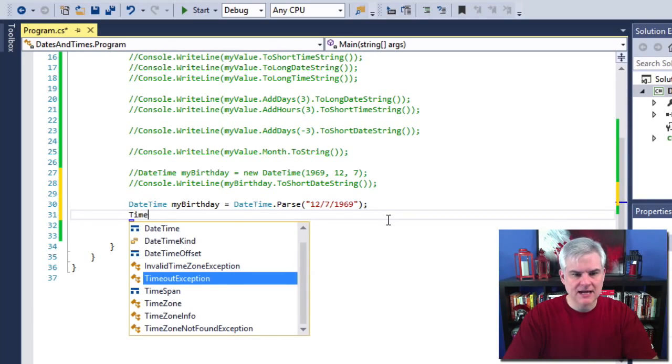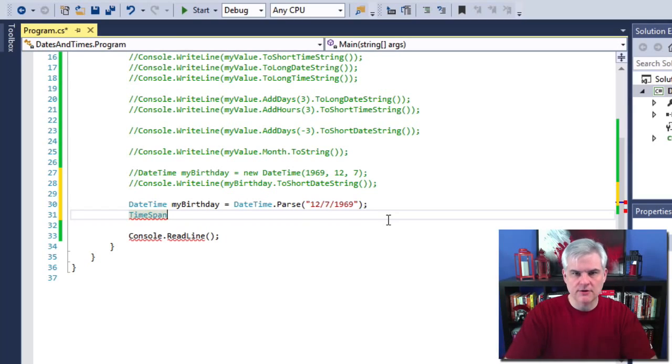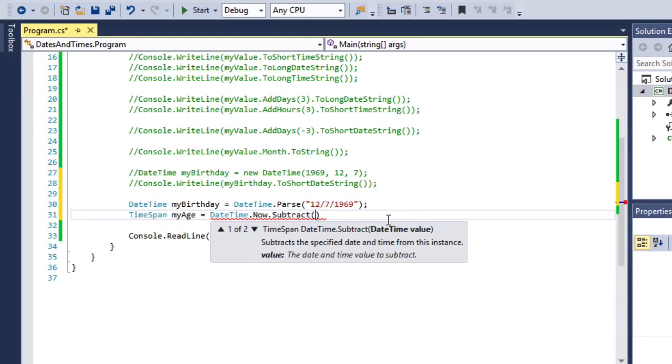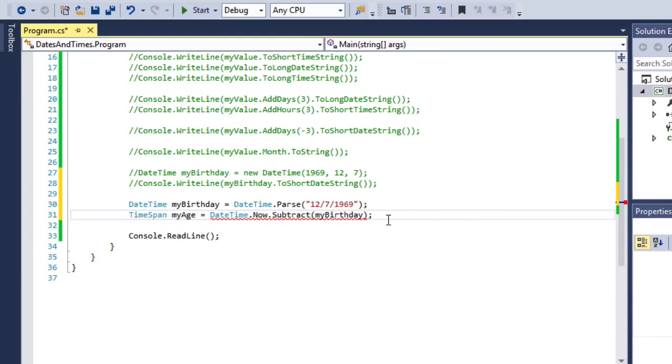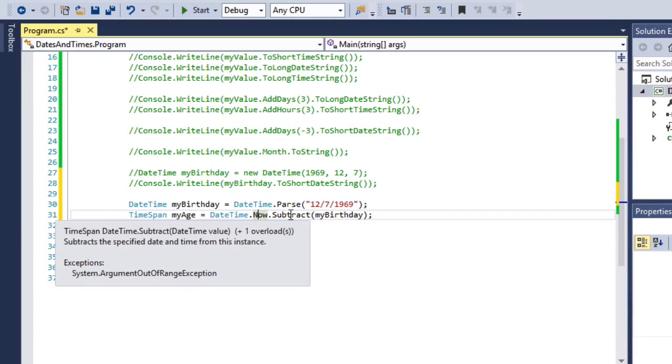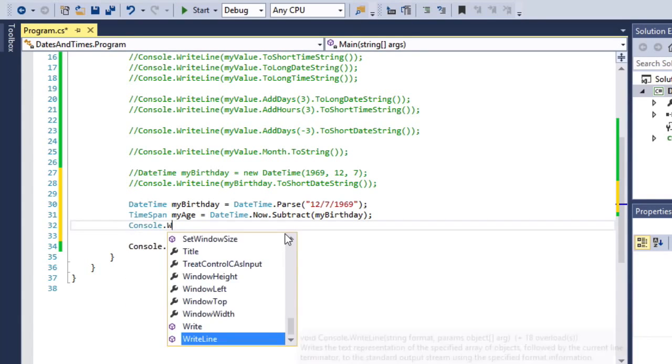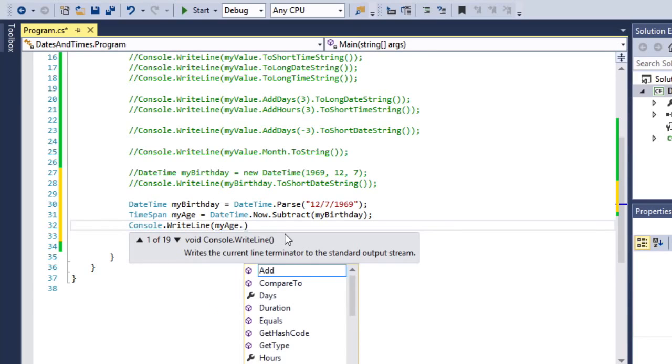All right, so now TimeSpan, this will tell us the difference between two periods of time, and we're going to call this myAge equals DateTime.Now.Subtract, and we'll send in myBirthday. All right, so we'll take Now, which gives us back a DateTime object, and we'll call Subtract, which will return back, as you can see in IntelliSense, a TimeSpan object. Awesome. And now, once we use the Subtract method of the DateTime to get a TimeSpan, then we can simply go WriteLine, and we're going to go myAge. And now we look at the various ways to format